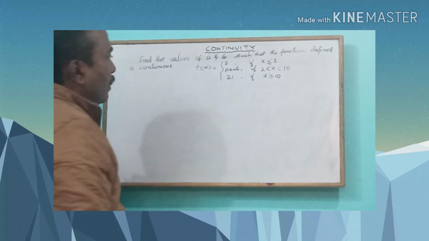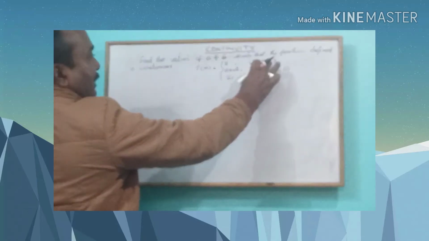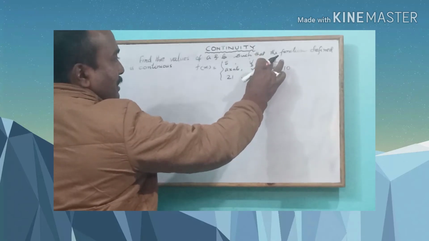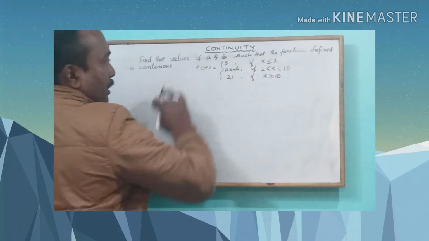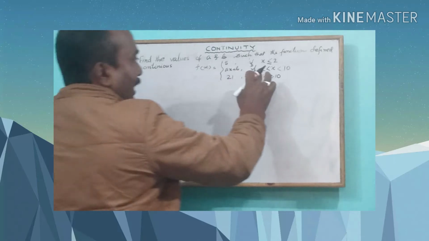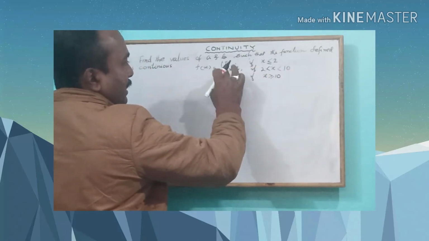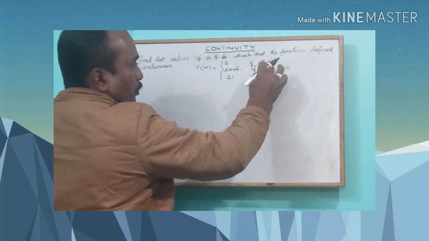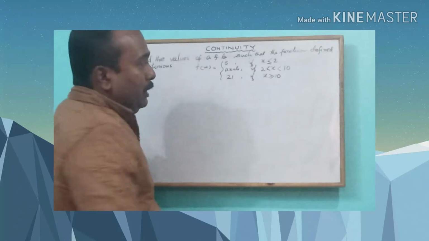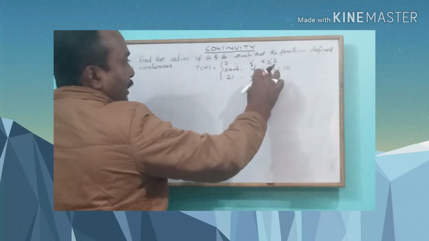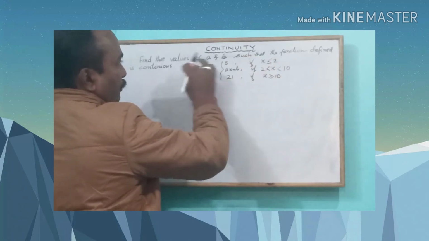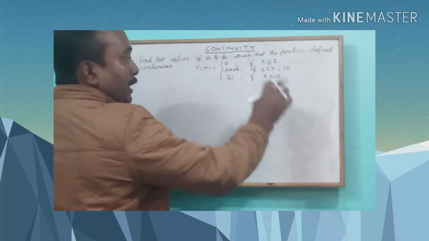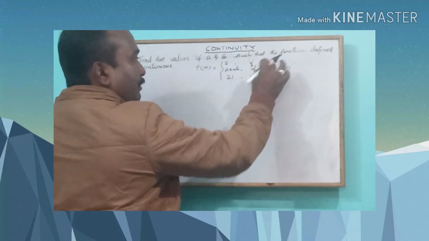Now, we see that for values of x less than 2, f(x) is 5, and in between 2 and 10, it is ax plus b. So what we notice is there are 2 numbers which are taken for the sake of defining the function. So we take the points 2 and 10